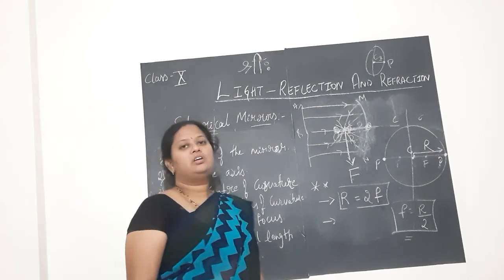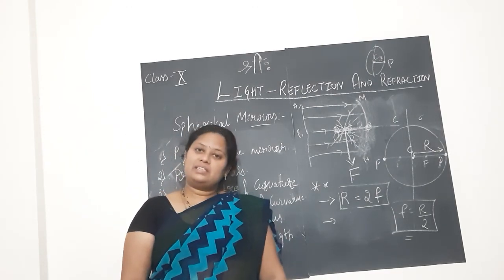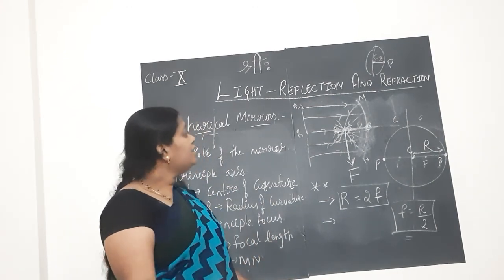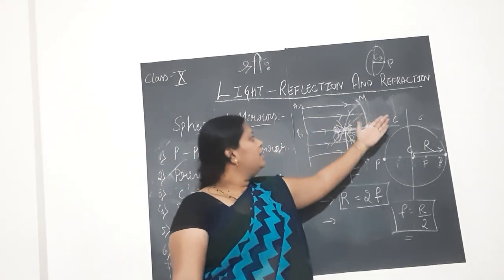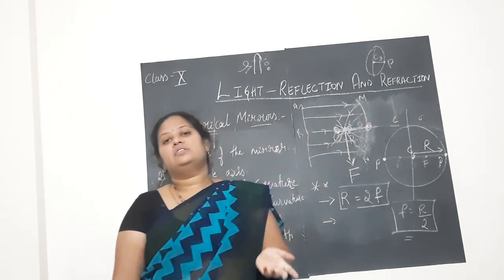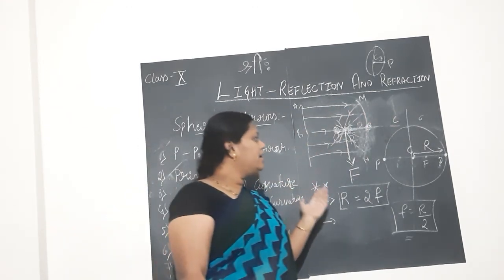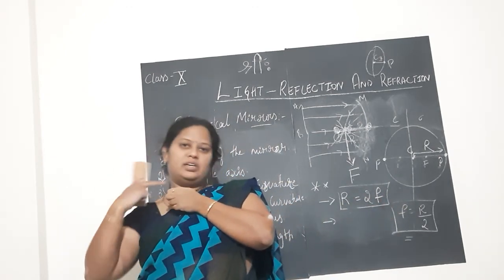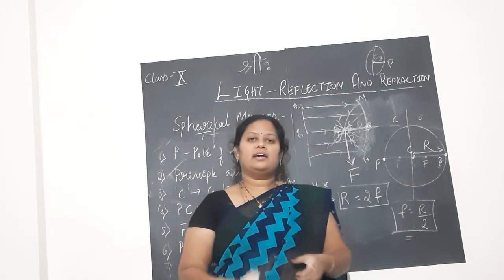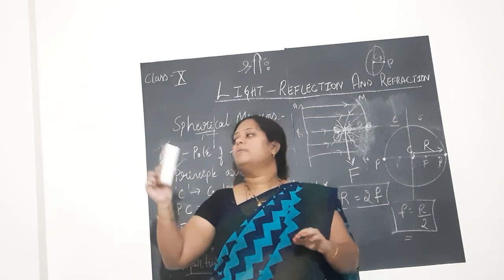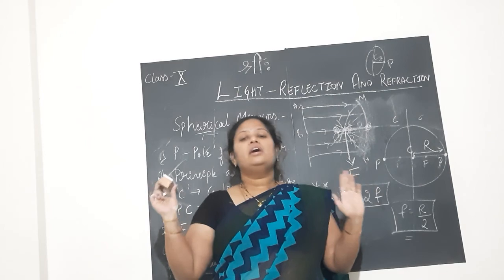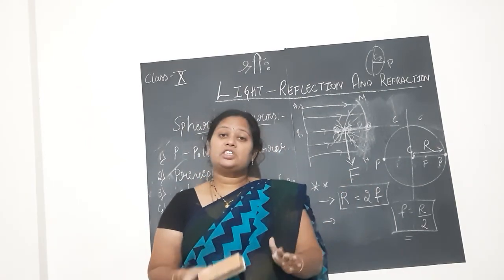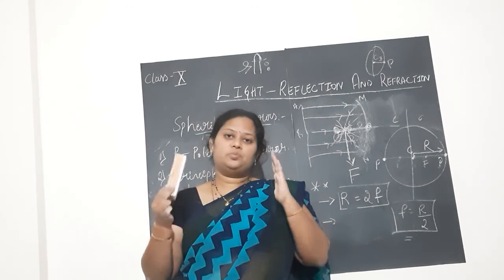With this background, children, in the next session we shall be studying how the process of reflection takes place, what are the conditions, how the rays will travel, all that we shall be discussing in the next session, as well as study the ray diagrams with respect to this converging mirror, that is nothing but the concave mirror. Till then, please read the textbook, practice these figures, as well as learn the definitions and the formula, children. Please read the textbook.